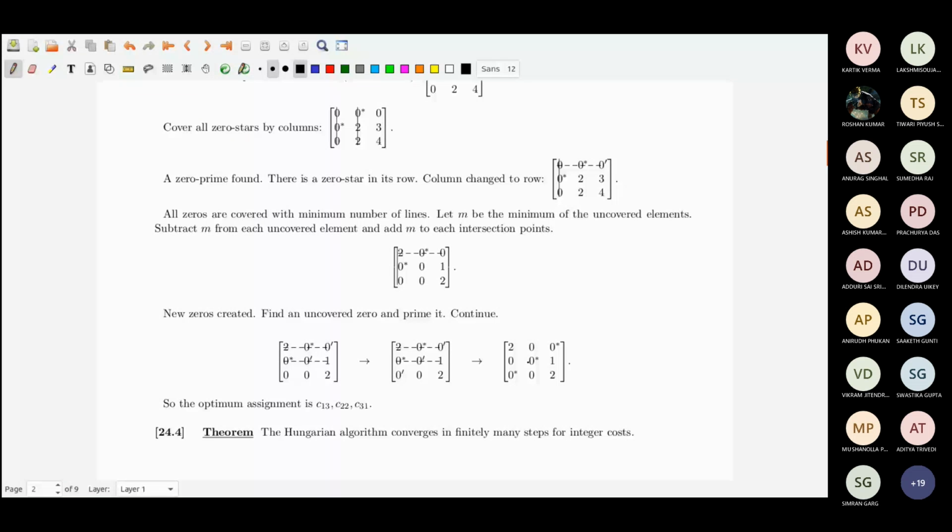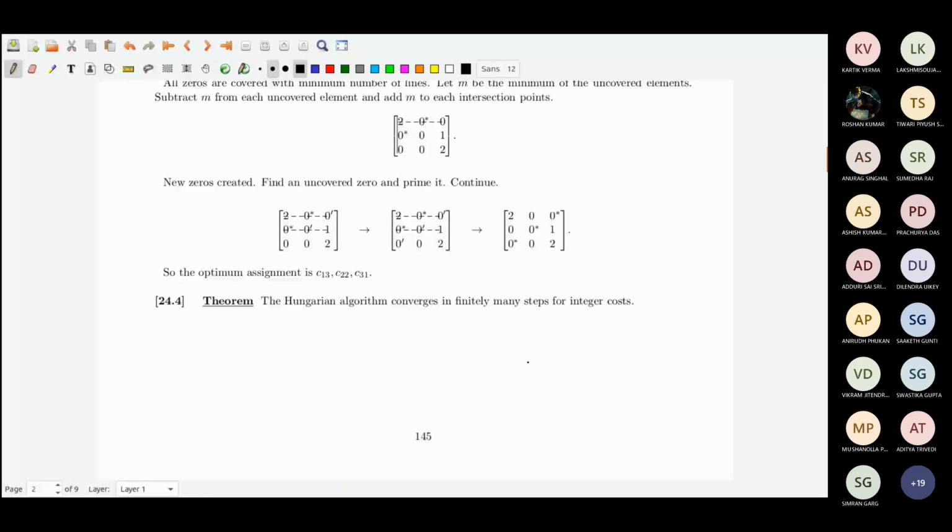Okay. Now, will the algorithm terminate in finitely many steps? Yes, it will terminate in finitely many steps. See, if the costs are integer, then suppose you have first the reduced cost. Suppose you have C, which is n by n. Costs are greater than or equal to 0, and I assume C is reduced. Assume that one. Then what happened in C?